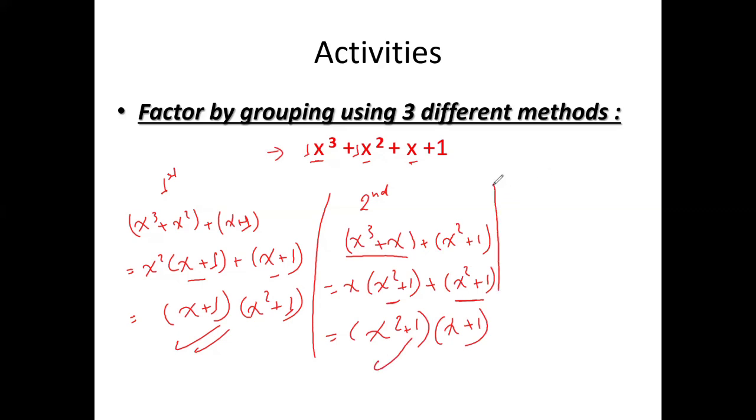How about the third method? We will group the first with the last term, plus x squared plus x. Now, here we have a sum of two cubes. We will get x plus 1, the cubic root of the first plus the cubic root of the second. And we will open another big bracket. First squared,